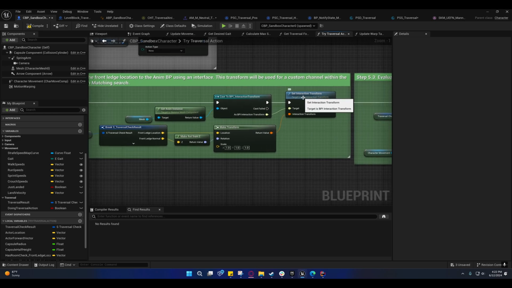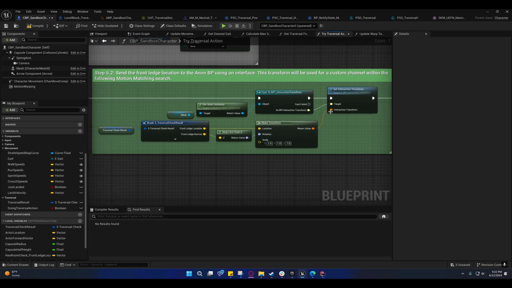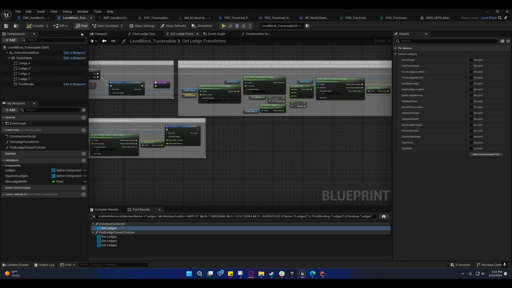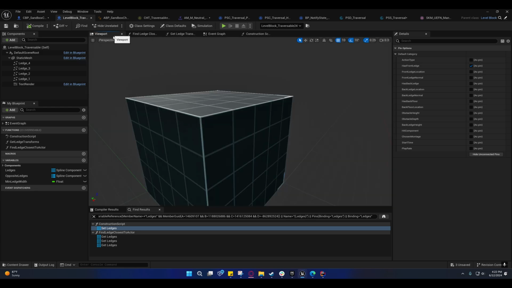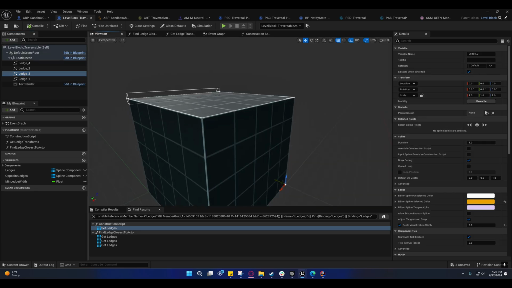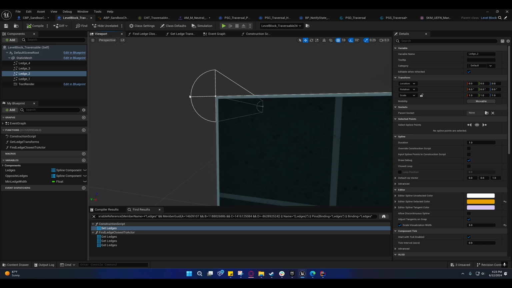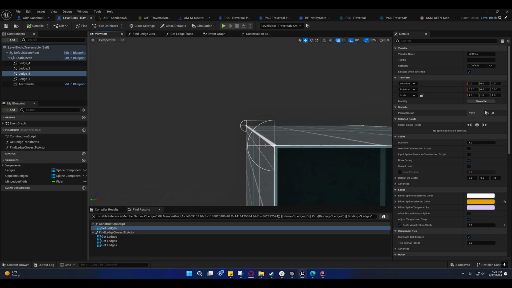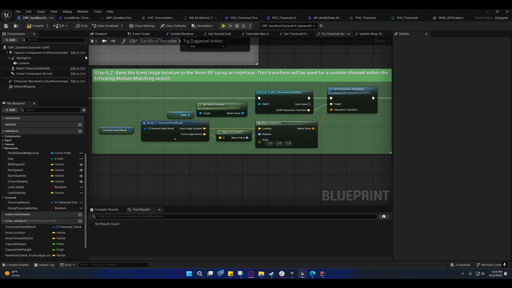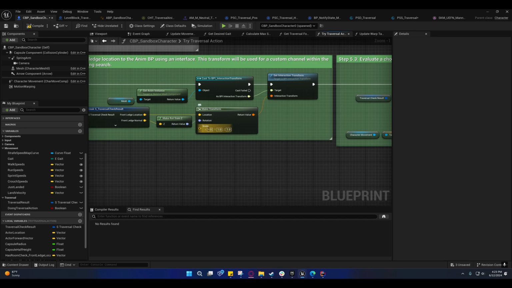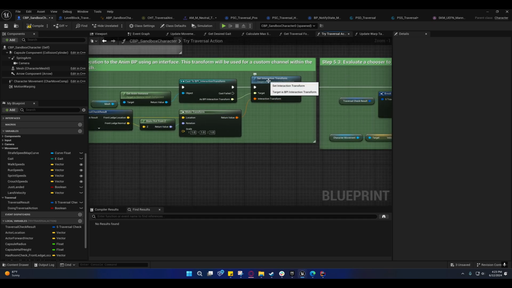They set the interaction transform right here, and that's based off of the ledge location and normal. They turn the normal, which I told you was a direction, and if you made these right, that direction will be pointing along that line, pointing away from the ledge. They turn that into a rotation,